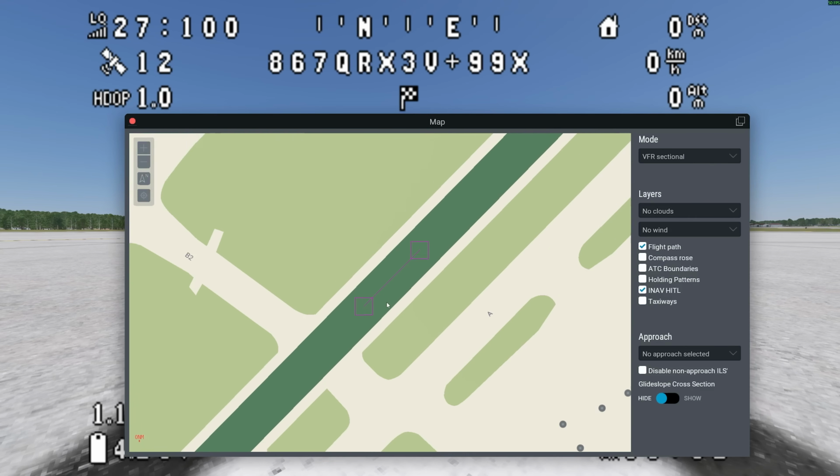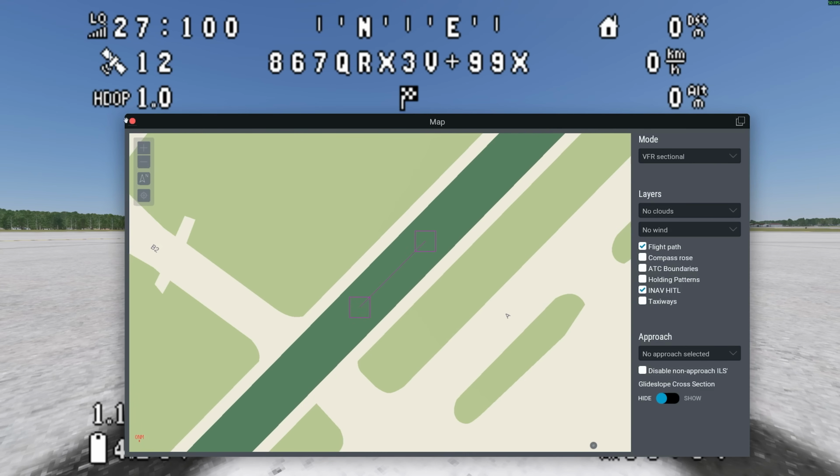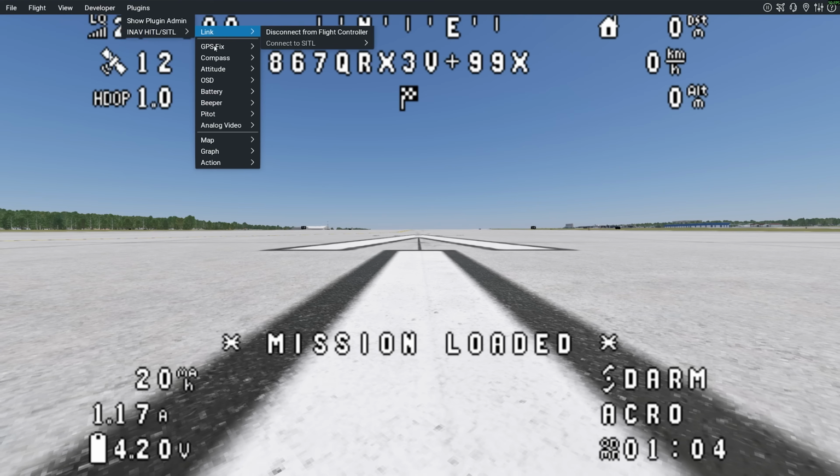There's one more thing I want to show you guys how to do that'll make this a little more interesting. We can pull the waypoints into the map view, but when we're flying, we can't see the waypoints on screen. iNav has a way that it can actually show you the waypoints on your OSD while you're flying. I'm going to show you how to turn that on. So let me go back into